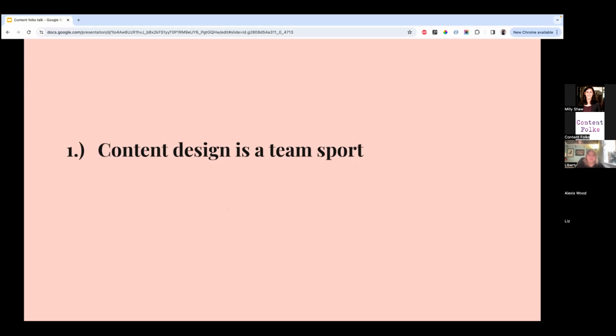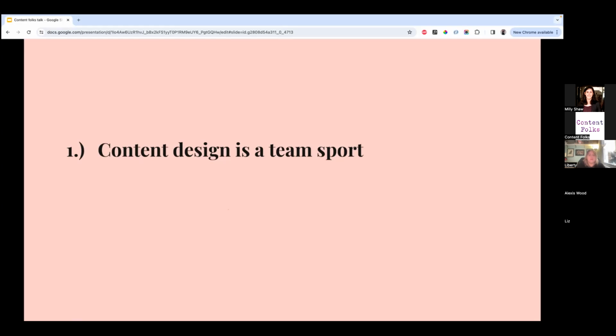It has to be something that you own and you are ultimately responsible for, but that everyone collectively has some say in. I think that if we do it in isolation, we're in danger of getting into this mindset, a mindset that I definitely had when I first started out, of content can just fix everything. And it is true that content design can make a badly designed product or a badly designed service easier